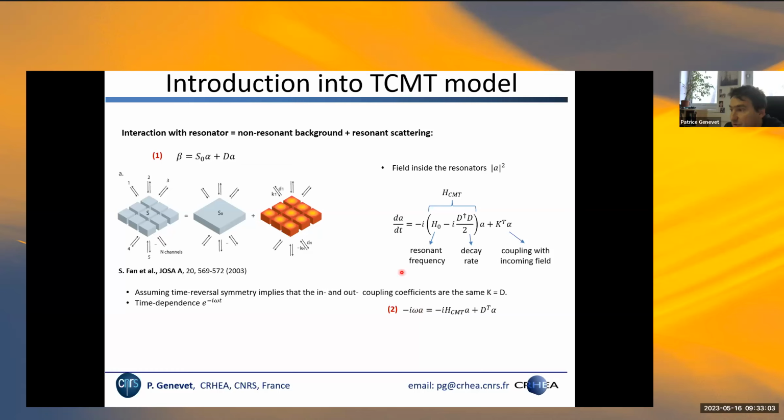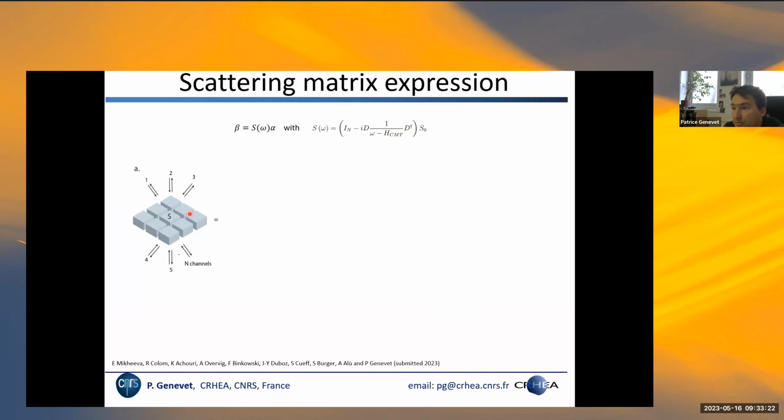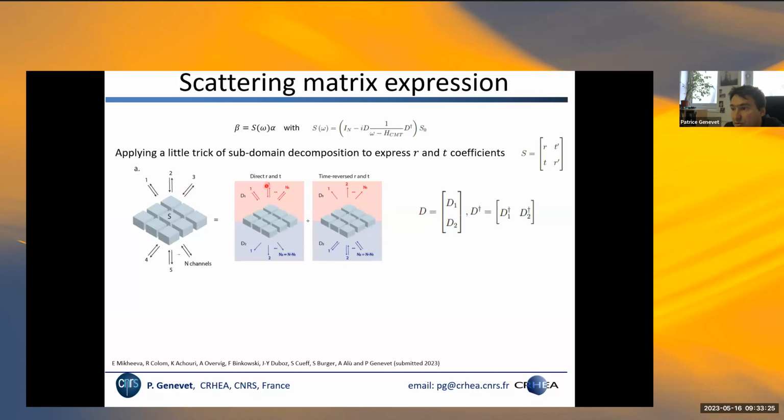with harmonic oscillation of the modes, and you can express this amplitude, inject it into this expression, and come up with a very simple expression for the scattering matrix, where you have a resonant interaction of the light with each of the resonant modes that are described by this Hamiltonian response. So now I'm going to do a little bit more of a trick here. I'm just going to decompose the input and output modes by using this D1 and D2 separation, where D1 describes all of the modes on the upper part and D2 all of the modes on the lower part.